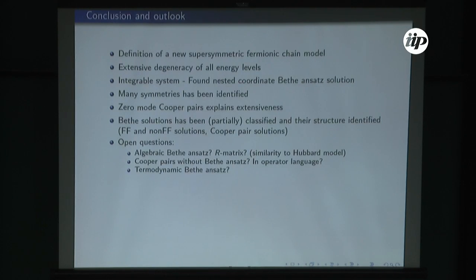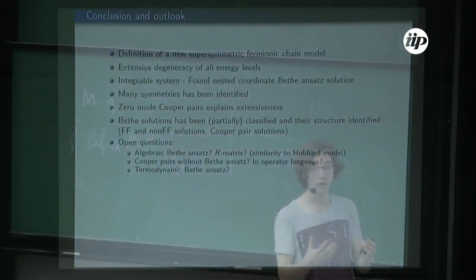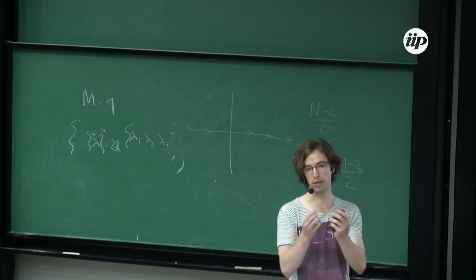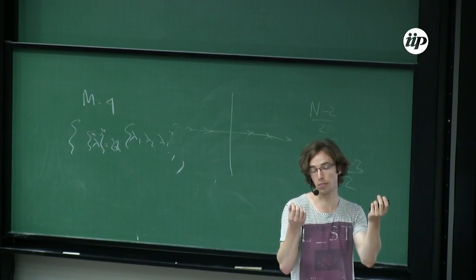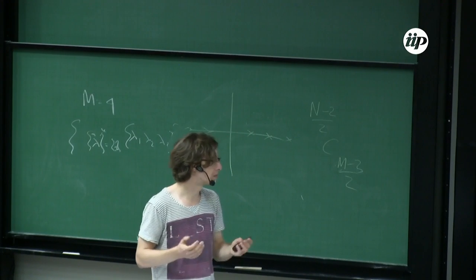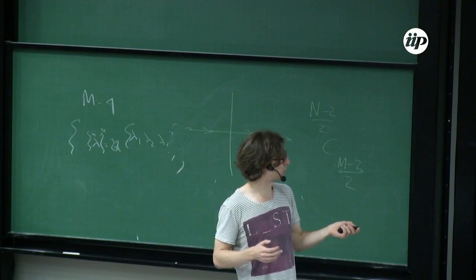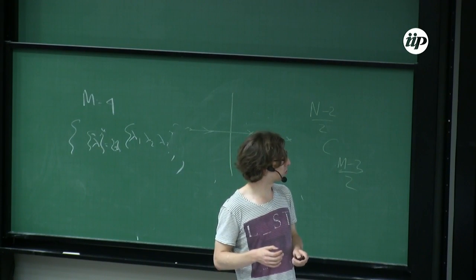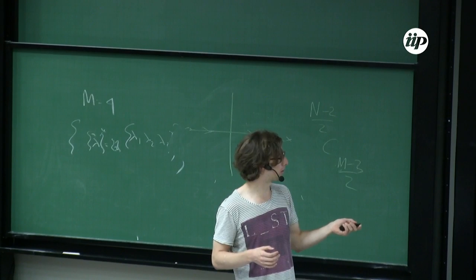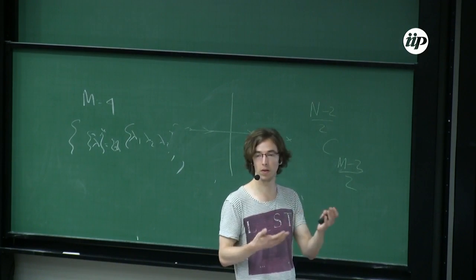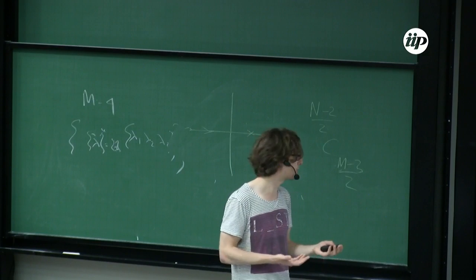So you would like to do it in the domain walls, but as I just told, we haven't found any good way yet to define creation operators for the domain walls, because, as I said, they exist only in pairs. And also, we could explain this extensiveness of the degeneracy with the Bethe ansatz, but I don't know what is the operator which would describe this. And maybe we can do